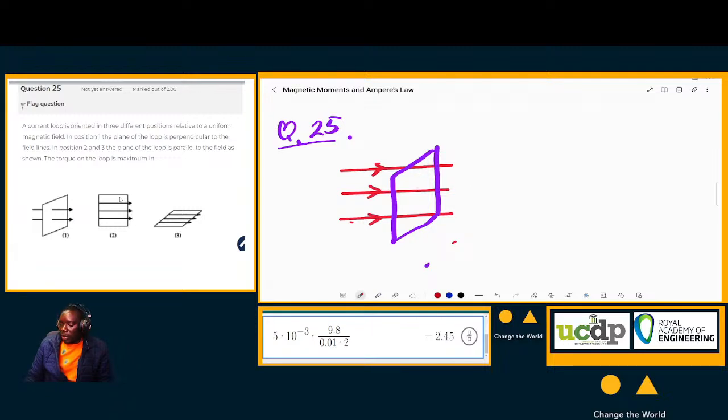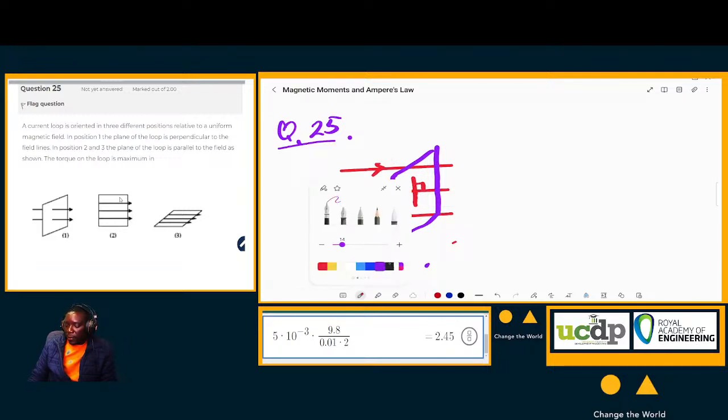So it will be perpendicular to the loop. So the force that acts on each segment in this case results in a current loop oriented in 3 different positions. So if we assume a current moving like that,